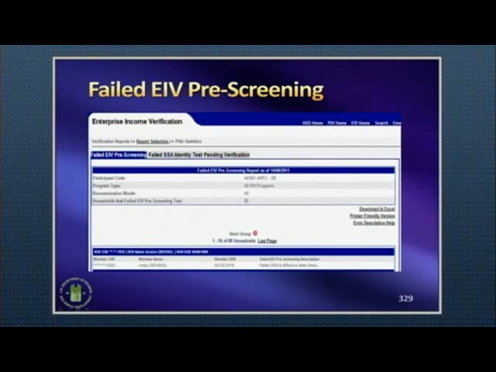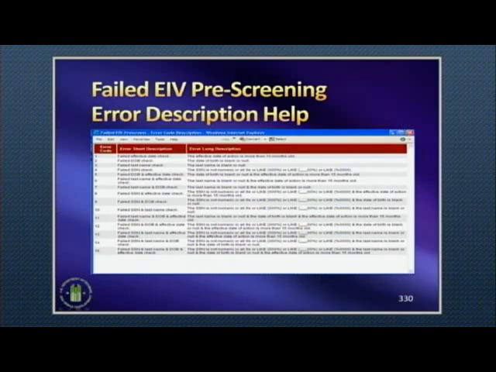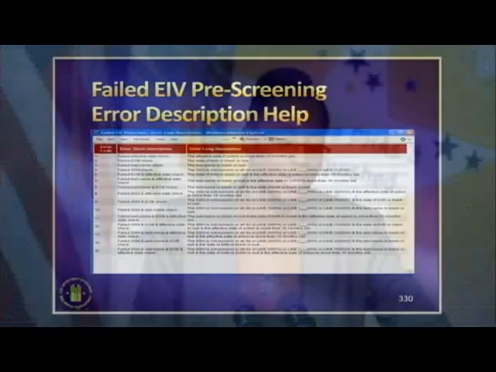And it's very simplistic. The other thing I wanted to point out on this screen, notice that there's a link that says Error Description Help. If you click on that link, these are the 15 various types of error messages that you can receive on the identity verification report. This is very helpful information. And again, PIH Notice 2010-3, which was reissued and extended for another year, does provide you with detailed explanations on pages 12 through 16 on how to correct any deficiency that shows up on the failed